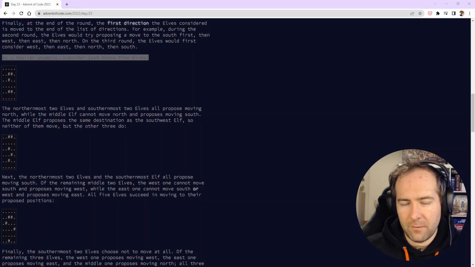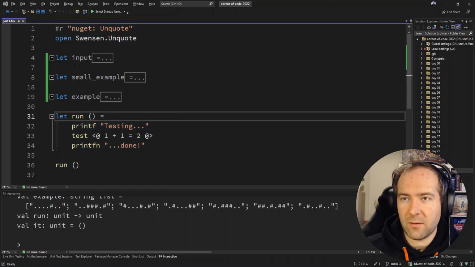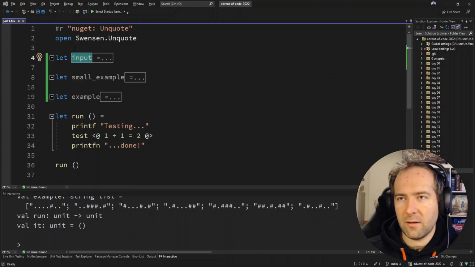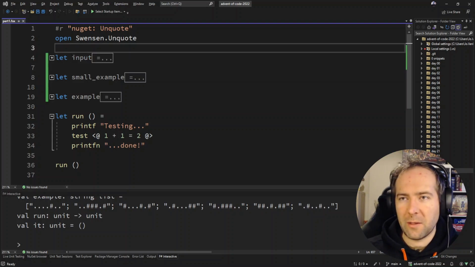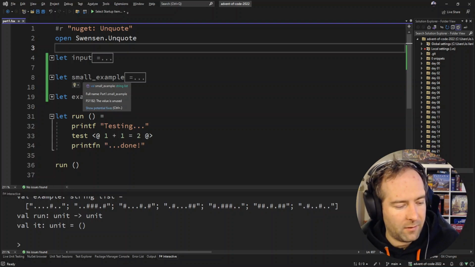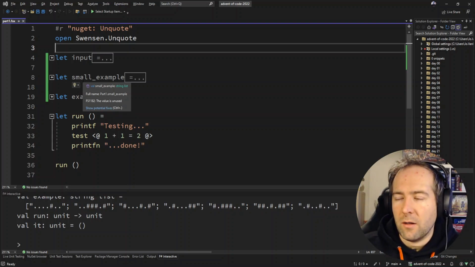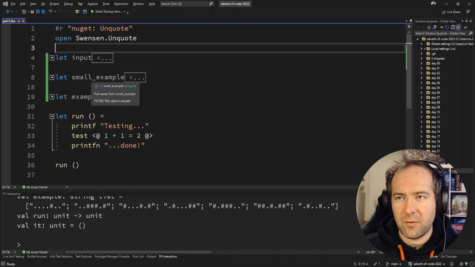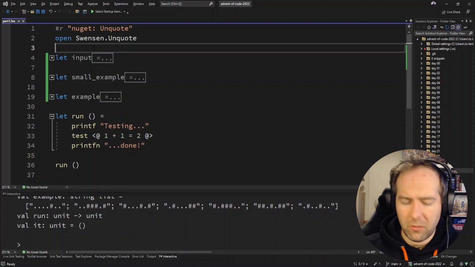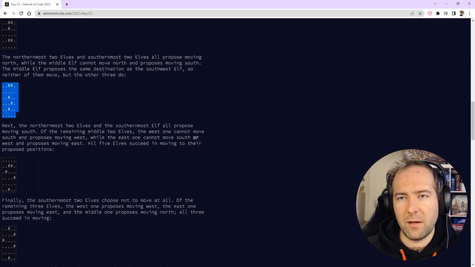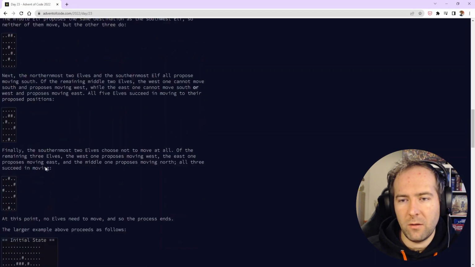First things first, infinite space or infinite grids means we need a data structure that can handle this, or we have to grow it incrementally. But let's take a data structure that can have an infinite grid. For example, a map or a lookup table. Or no, not even a map. We don't care about the world, we care about the locations of the elves. So I think just a set of the elf coordinates would be enough,